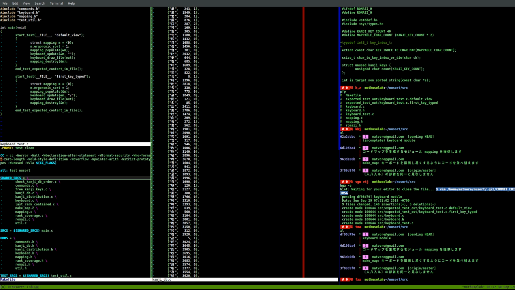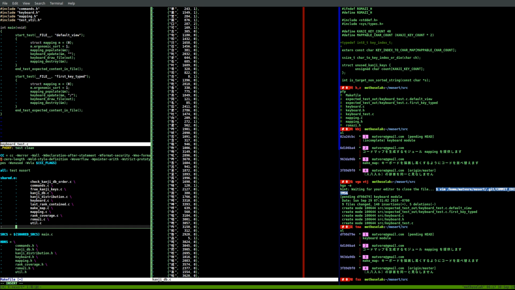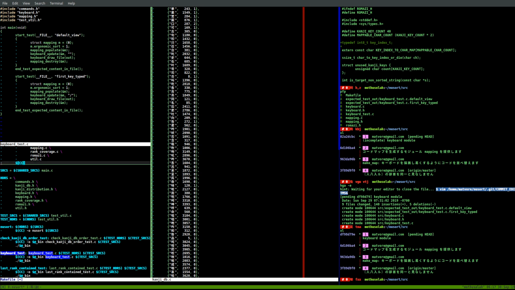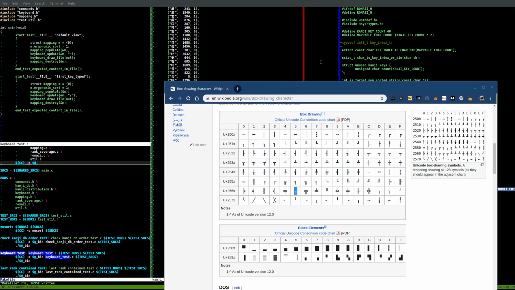So shared sources. Let's just say this is, we'll call this shared.o, right? And this requires all of these files here. Okay. Now we are going to compile this with cc and call it, right? So we are going to output that file, and the input is all of the sources. So how do we refer to the sources? Makefile